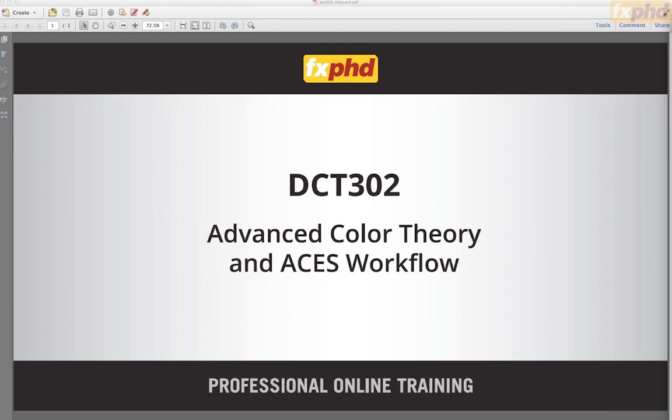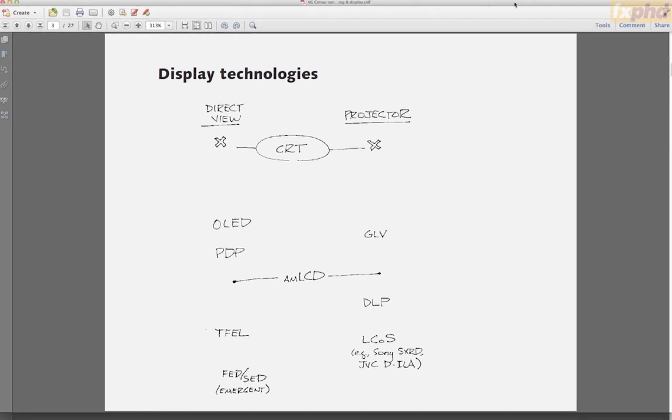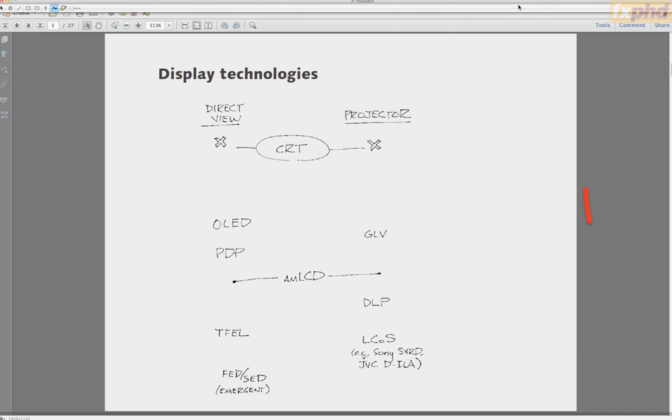And the 3x3 linear matrices, they're used not only at the front end, like a big part of the IDT and the ACES workflow, but also at the back end for calibration. So let's run through that material, and then we'll get to the math. So, as I say, these are not slides for public consumption, but I think you guys will enjoy them and not give me a bad rep for using them.